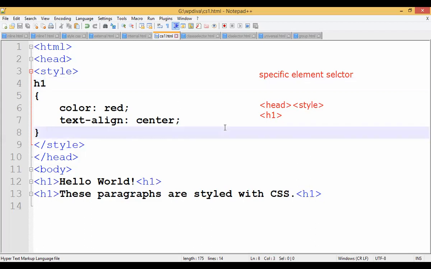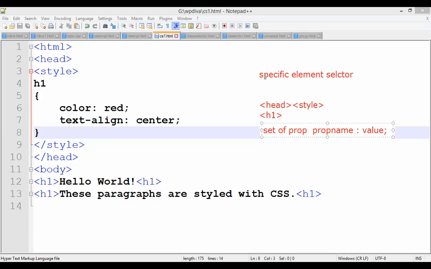So what is the third step, guys? When you are writing the selector form, I take H1 and in that I write a set of properties. How do you write that property? First your property name, then colon and value, and separate it by a semicolon. Compulsorily, you have to separate that with the semicolon, right?